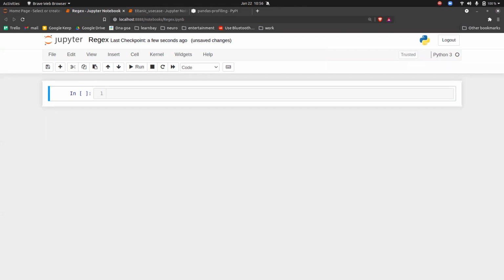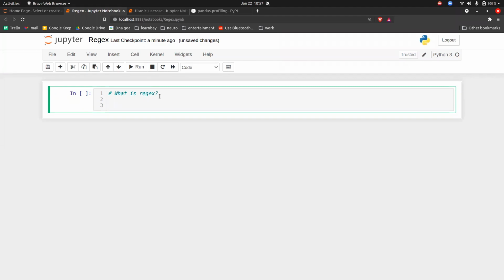Okay. Now for regular expression, guys, the first thing that you have to make clear in mind is what is regular expression. What is regex? So people from Gaurav's batch, can you tell me what is the advantage of regex or why we use regex? Anyone? Okay. So basically regex is a technique.